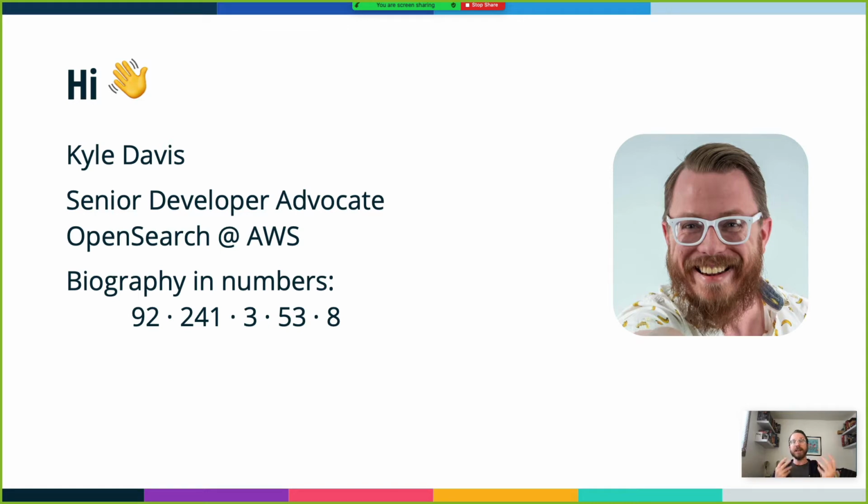241 is the number of days I've worked at Amazon. So I've been in this role for a relatively short amount of time compared to many people on the project who have been here a number of years. Three is the number of search engines that I've worked with in the past. Previously, I worked with a couple of Redis-based search engines, and now I'm working with OpenSearch. I find the search domain really interesting, and I got bitten by the bug, and now I think about it all the time.